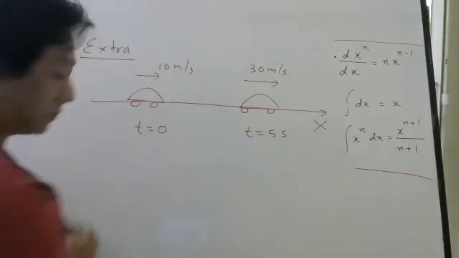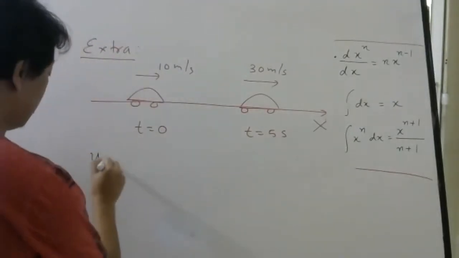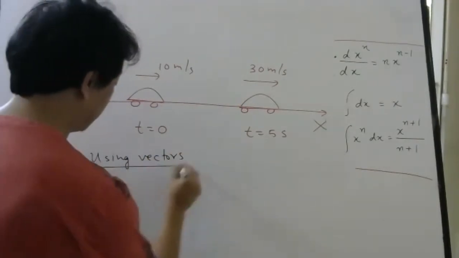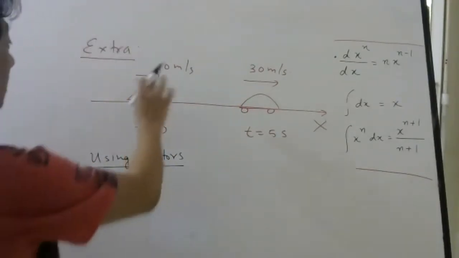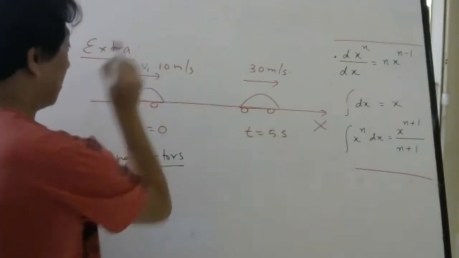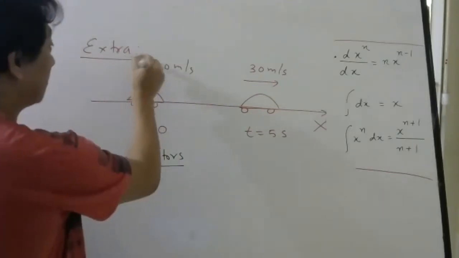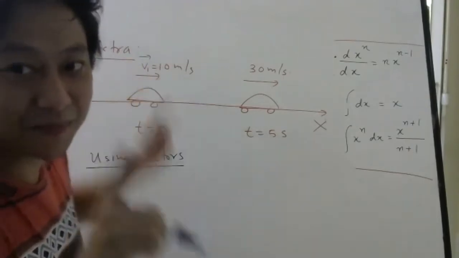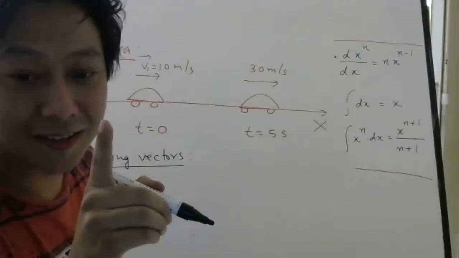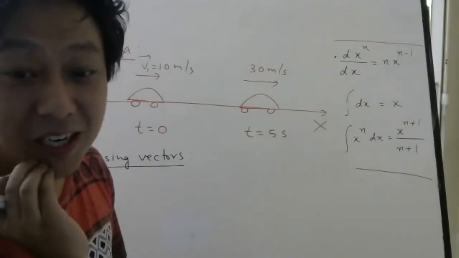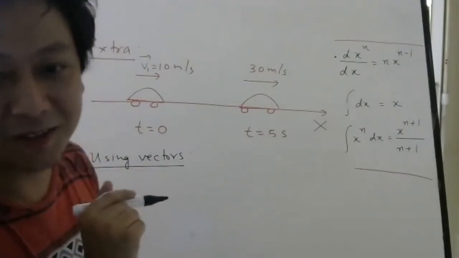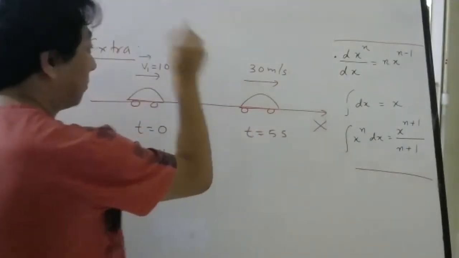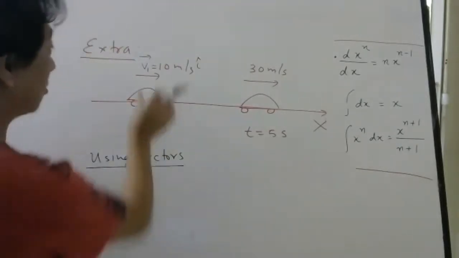Okay, let us try to solve the same problem using vectors. Same problem. So let us say this is my initial velocity, v1. Since it is a vector, I have to put a bar, and you can't write only a number, which means only magnitude. Since I have told x-axis, I should put i cap. So this is your velocity vector.